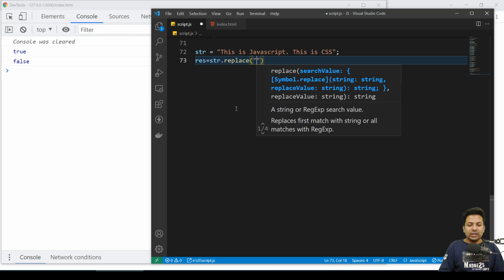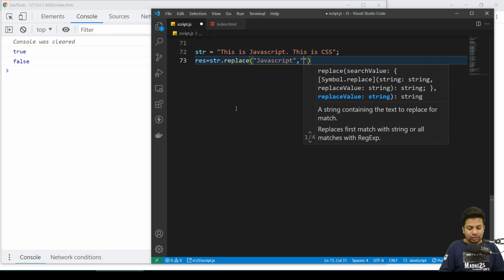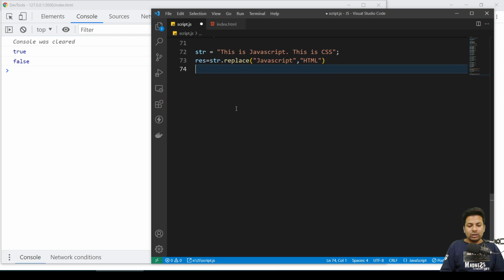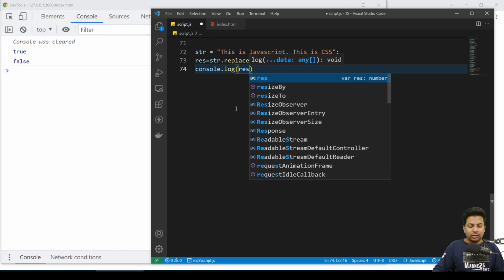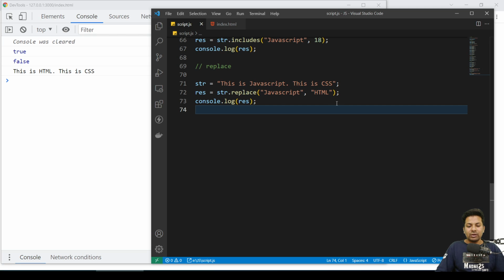I want to replace the JavaScript word with HTML. Now if I say console.log res, see I got this is HTML, this is CSS. How? I'm just replacing this JavaScript word with HTML. How do you have to replace? String.replace, then the word you want to replace and the word you want to replace it with.